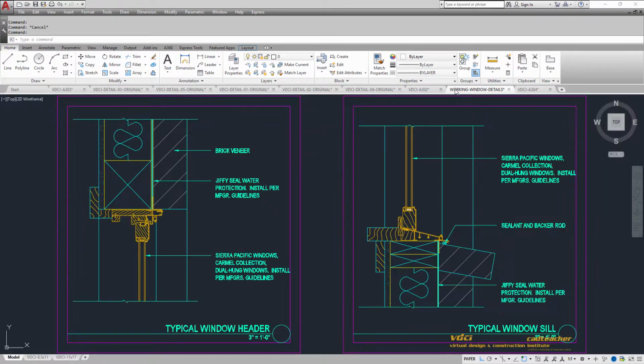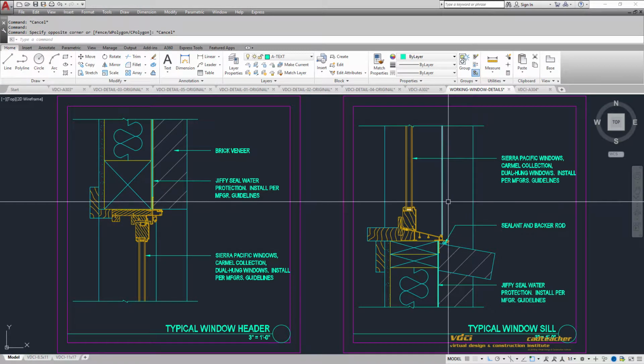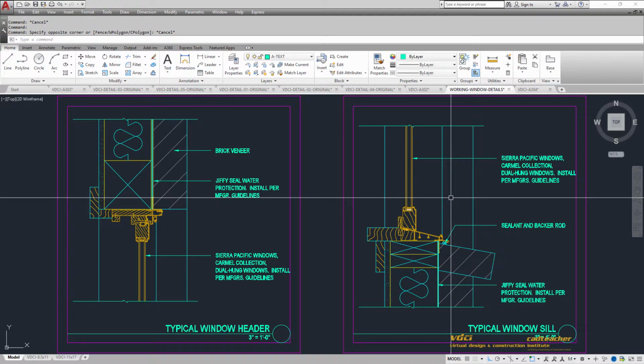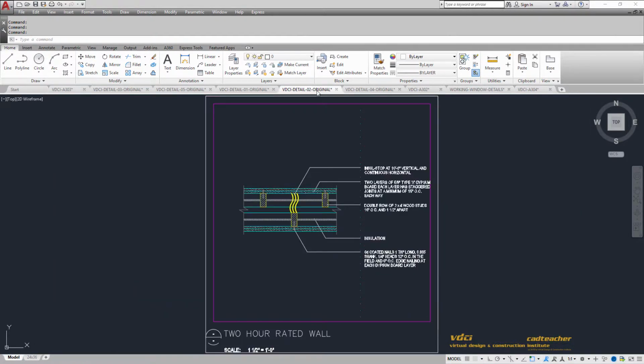Here's an example of details that have been extracted from the building section, and again you can see in the orangish color the manufacturer's information that we have created. Again, you can see the consistency of the layout of these details as they relate to other details we've previously